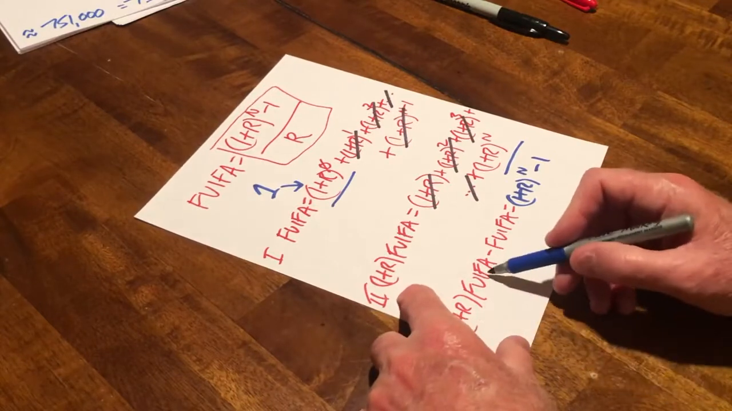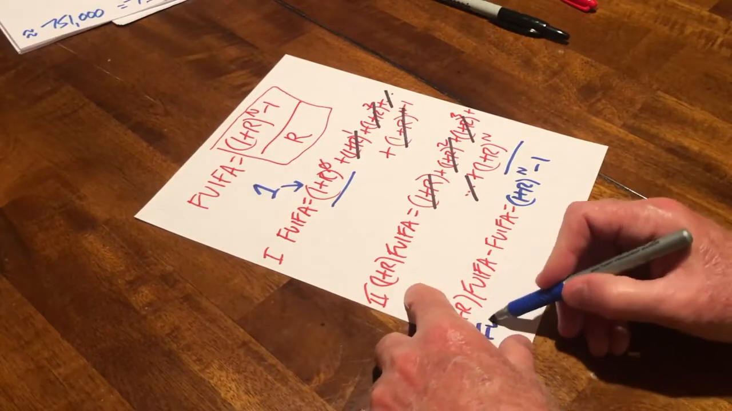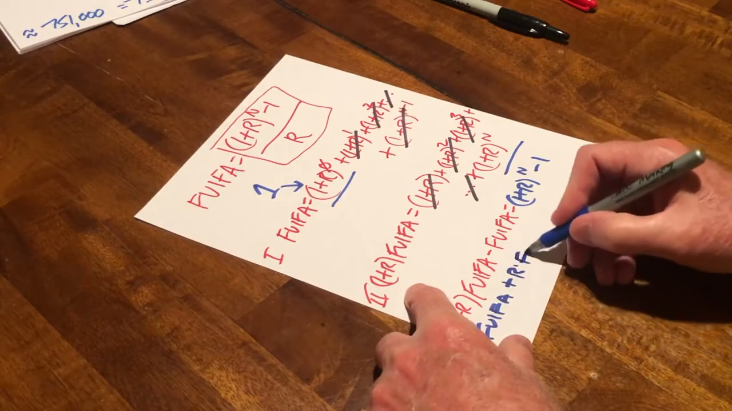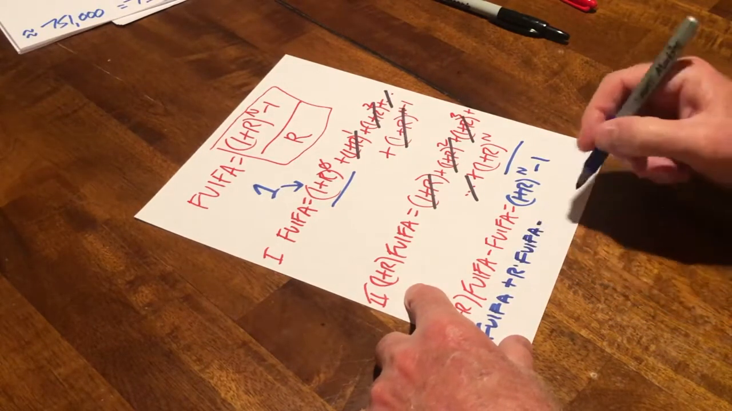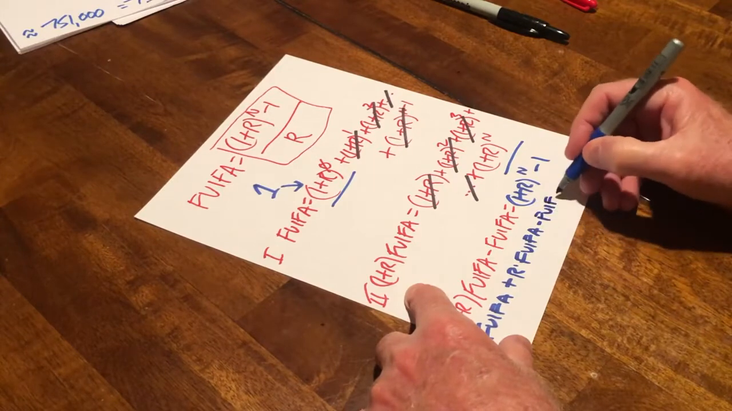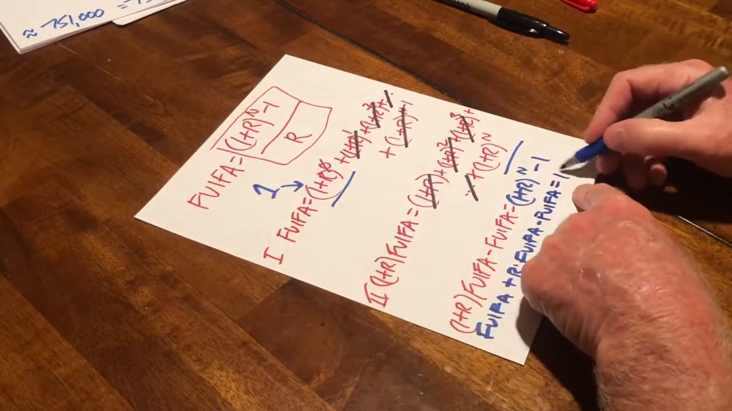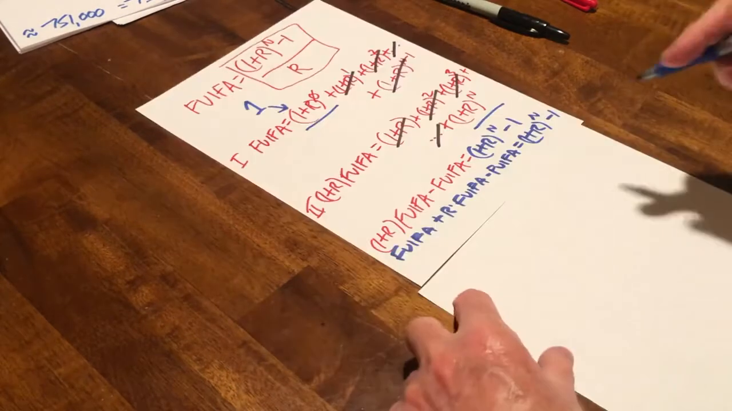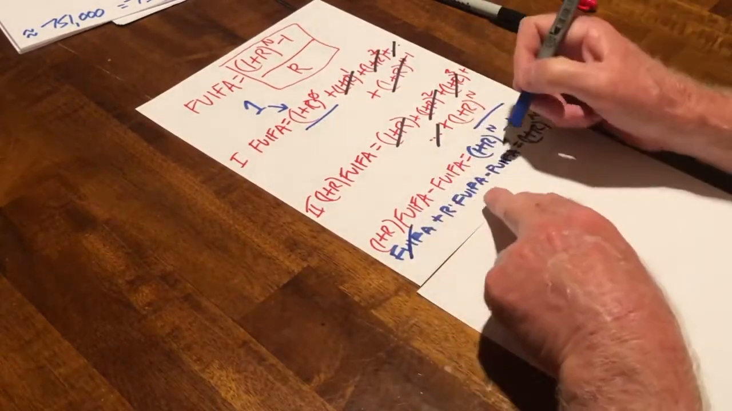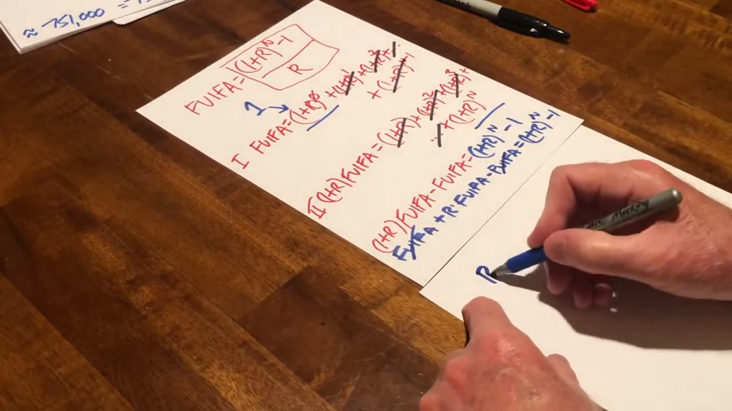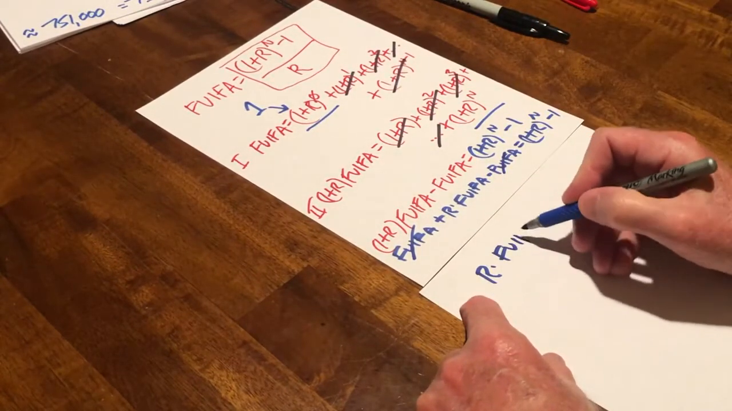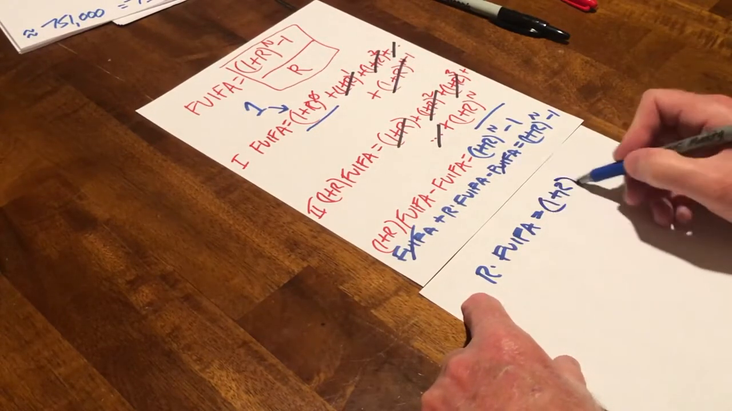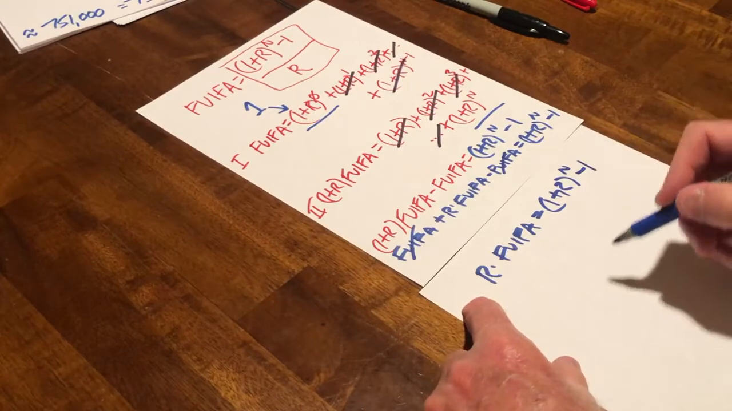We'll distribute the FVIFA over 1 plus r, so we have FVIFA plus r times FVIFA minus FVIFA is equal to 1 plus r to the nth power minus 1. Now, here we have FVIFA minus FVIFA, so on the left-hand side we have r times FVIFA. On the right-hand side we have 1 plus r raised to the nth power less 1. And then, therefore,